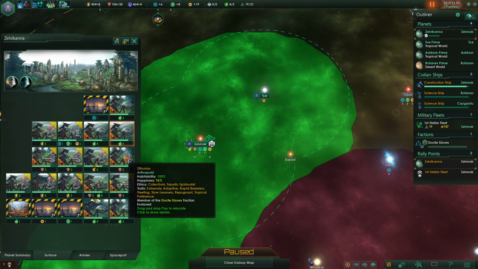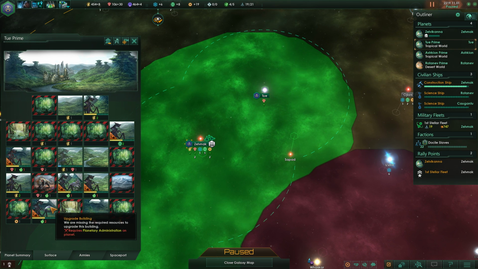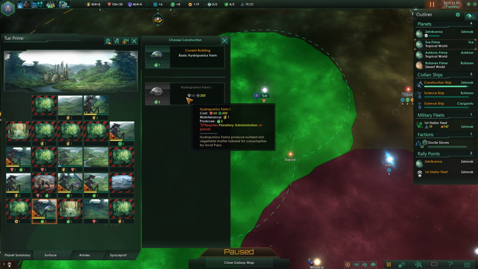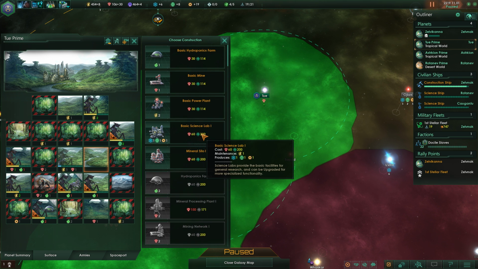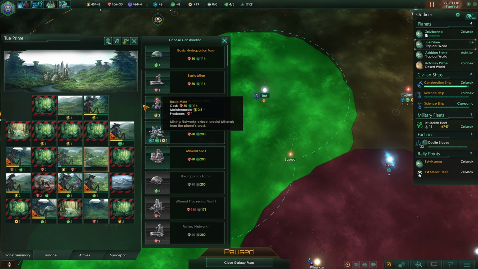I'm just trying to think here. If I were to build a hydroponic farm, I need to pay 60 directly for this. And if I wait, I can just go directly to the hydroponic one and skip out and save myself 30 minerals. We're building the basic farm. But in the meantime...